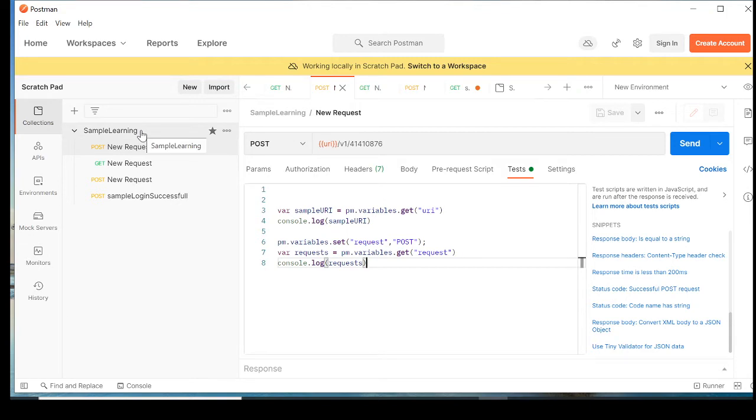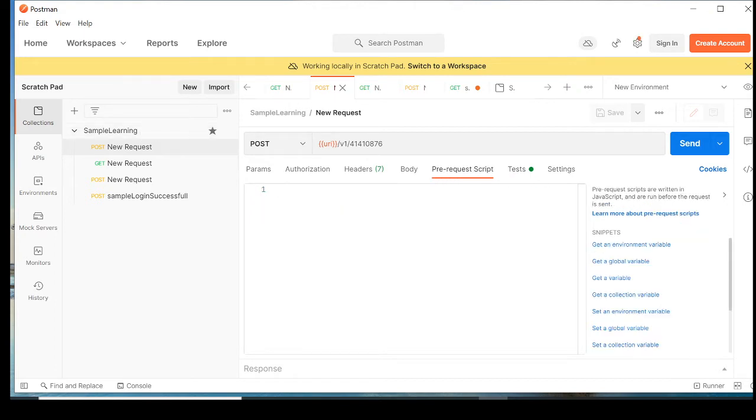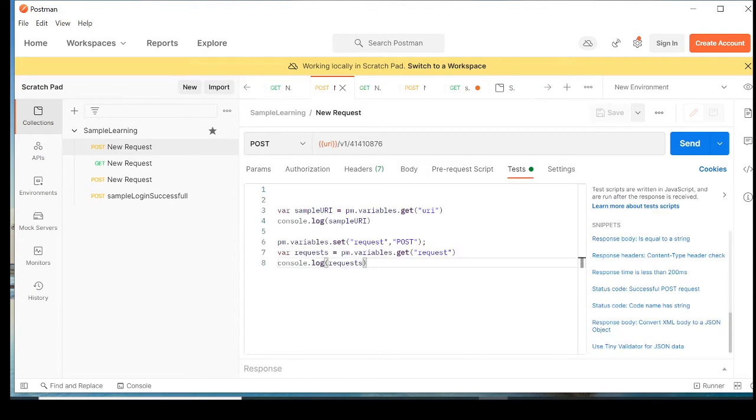The first type is going to be pre-request, and the second is going to be post-request. Pre-request means that before receiving the response, or before the execution of your service has been successfully achieved, that test script will get executed. So if you write it over here, before executing this particular request, this particular test is going to get executed, and after that the request will be executed. After test, so after your service has been executed, this particular test file is going to get executed.